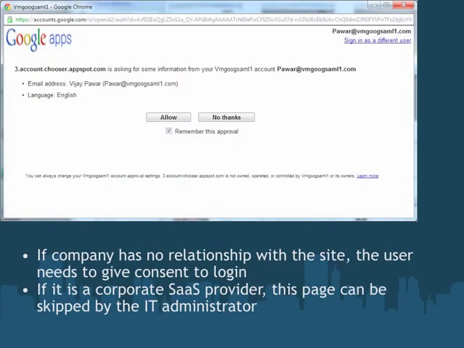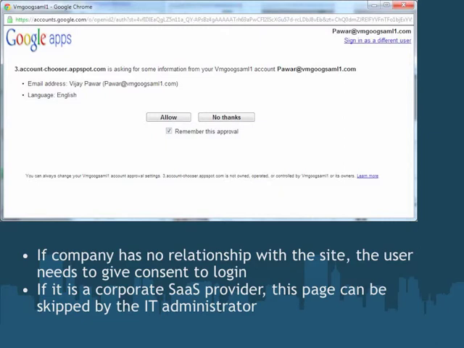The identity provider now could do one of a few things. It might know that the user has previously consented to logging into that website. Great, well then bounce them back to it. Or maybe it's a website like an enterprise SaaS vendor where the company has a paying subscription and the company has just made the policy decision that its employees could be automatically identified to that website and the employee doesn't need to consent. In that case, fine, skip this page.